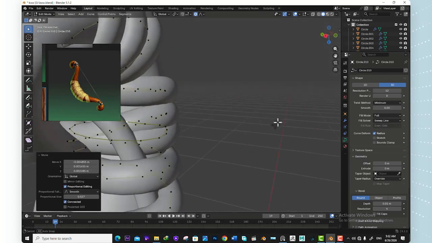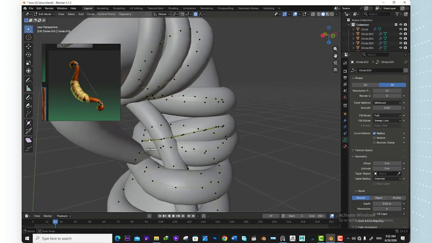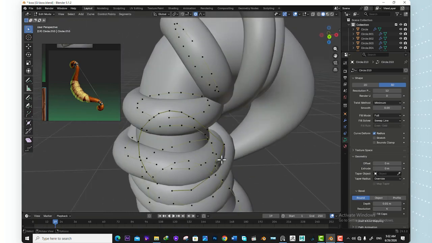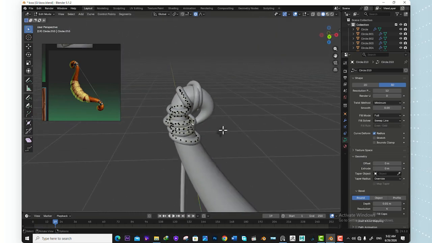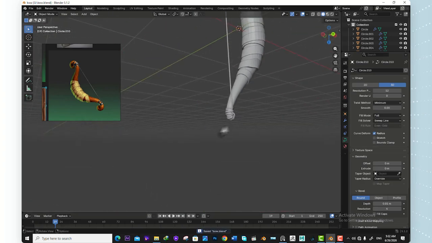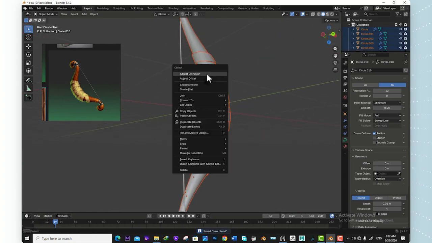Yeah, it seems very beautiful, like a real rope. These little details make our work wanted. It's very important to have it. Shade smooth,